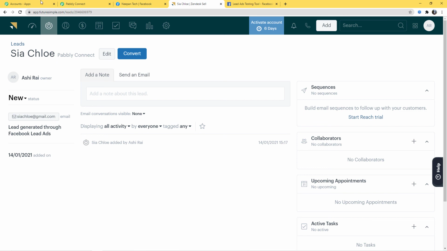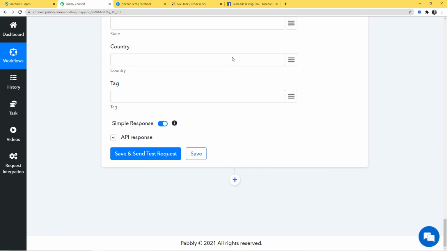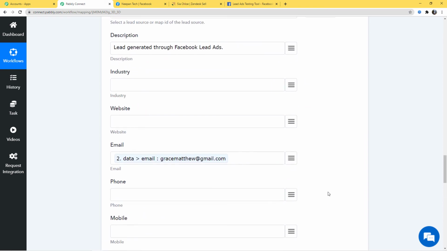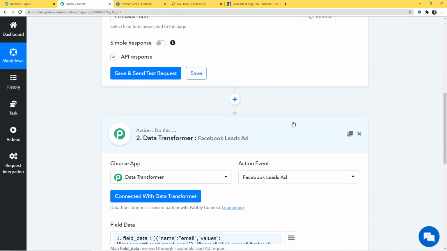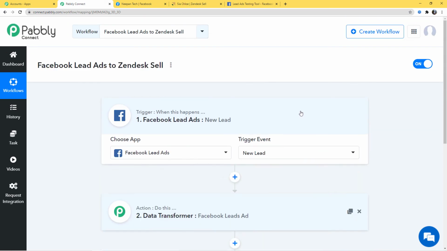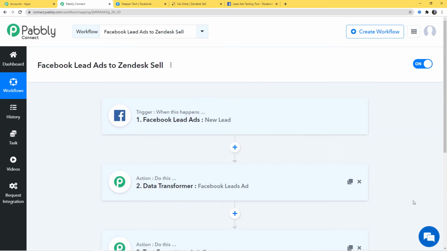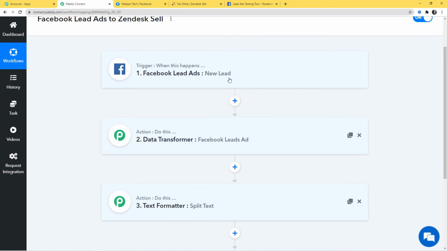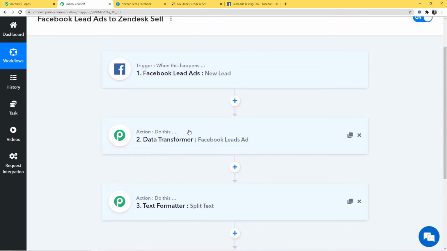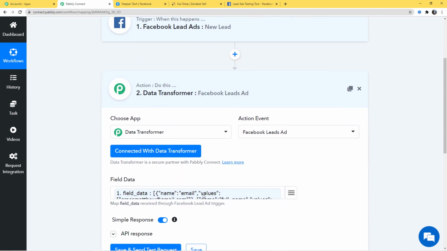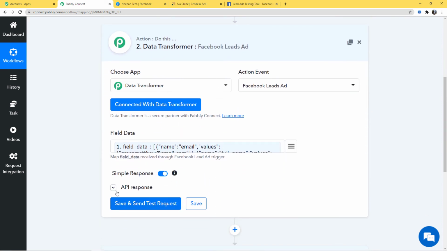Okay, so now I'll go back to Pabbly Connect. We have successfully finished our integration. And now I'm going to explain what has happened in our example. I'll just minimize all this. In our example, first the information came from Facebook lead ads to Pabbly Connect, and then from Pabbly Connect, the information went to Zendesk Sell. In our workflow, first we created a new lead in Facebook lead ads. Then we used the data transformer because we had the data in a combined format and we had to filter it.